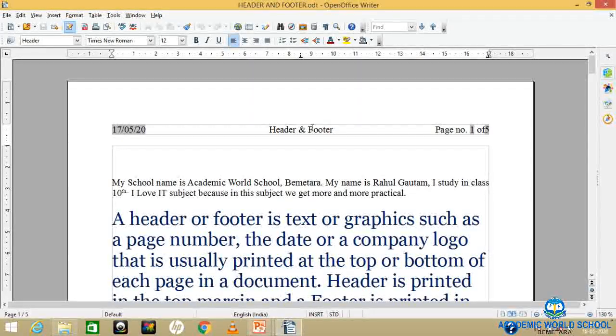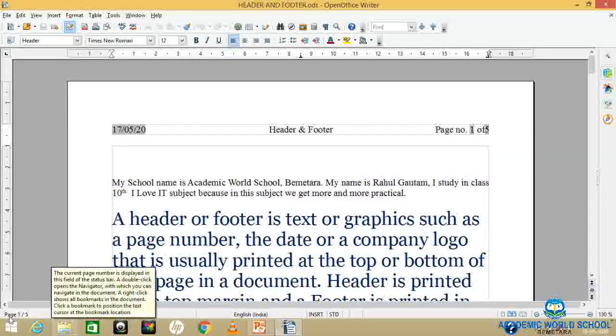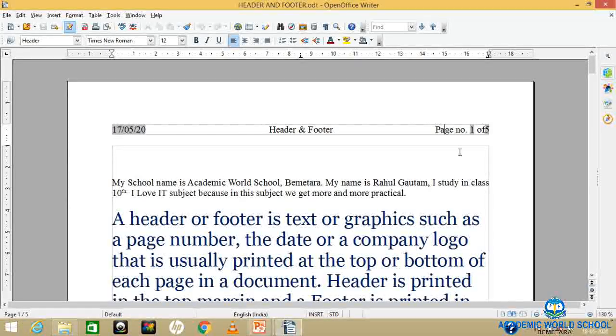Now next, if I go to the next page, the same detail appears, that's why it is called a header. Then header footer, then page number 2 of 5. And the same you can see here, in the footer I have taken the time and I have written here thank you.